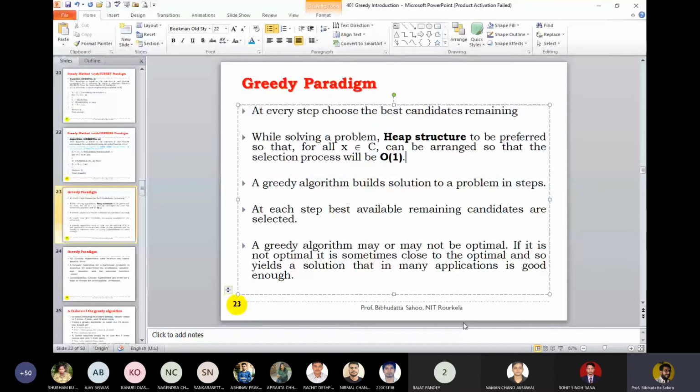So the majority of the algorithms in the field, or maybe you are working on a research problem, all are greedy in nature. All are greedy in nature because the actual solution space is exponential.